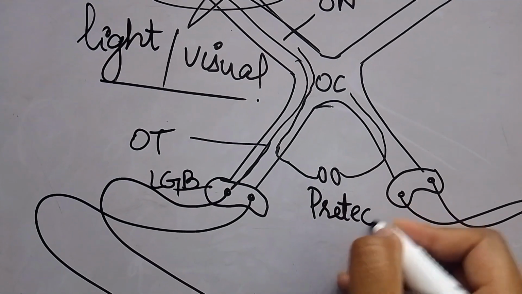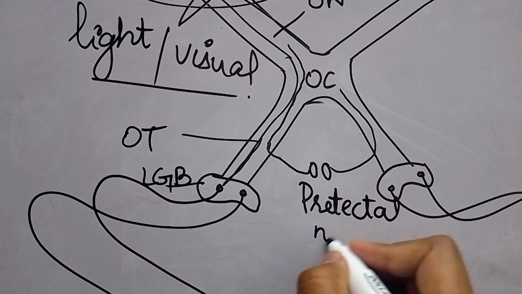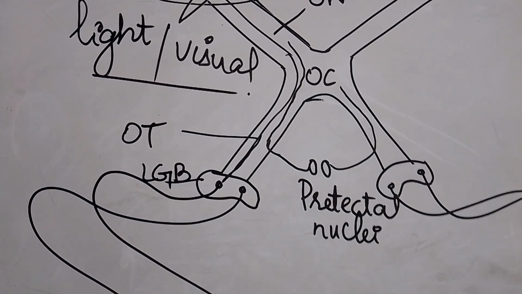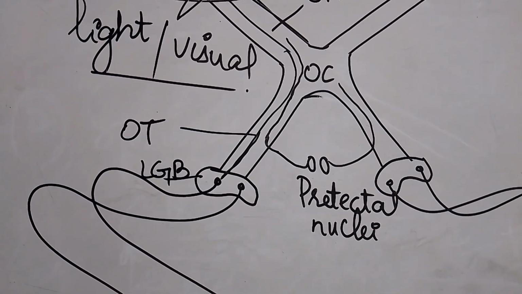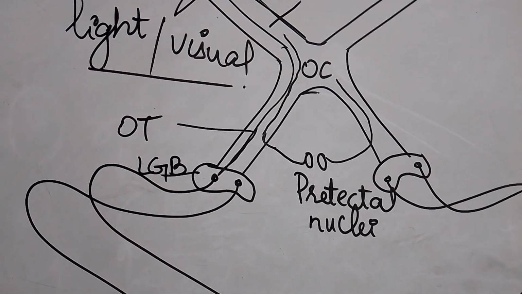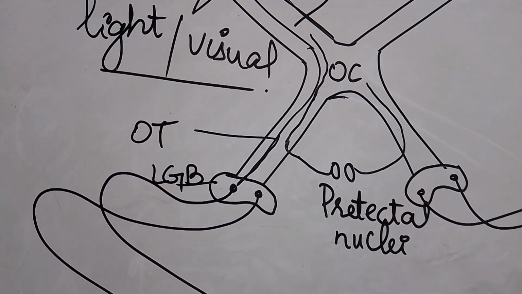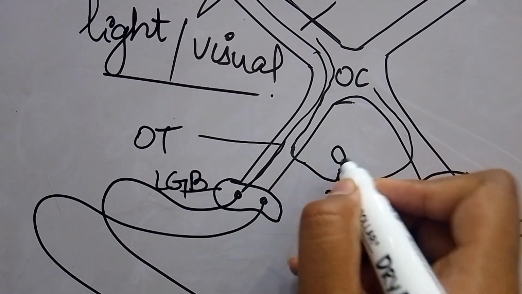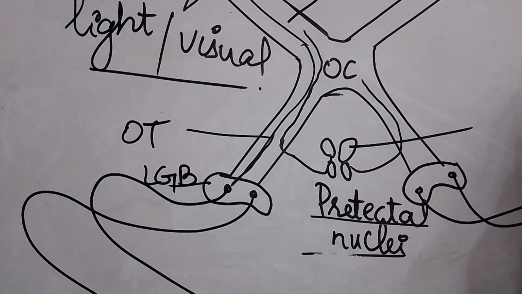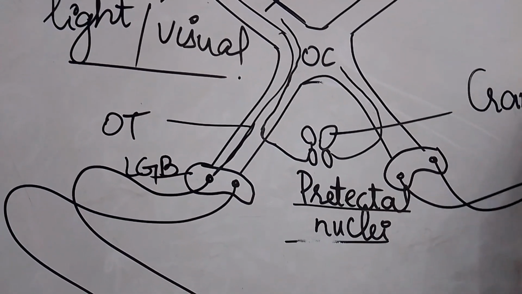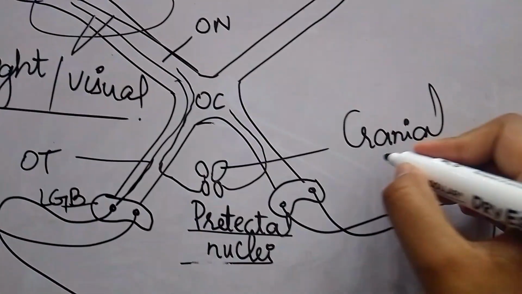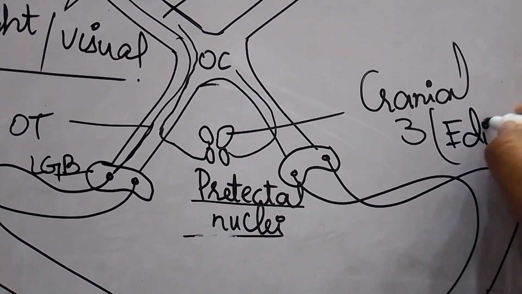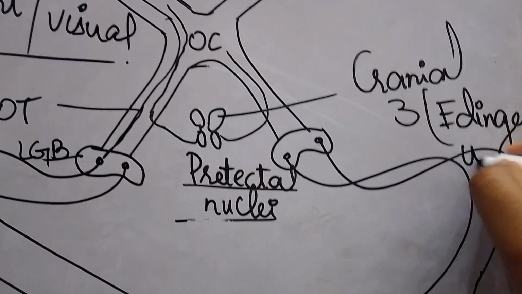From the pretectal nuclei the motor response is started, and they send the motor information to the Edinger-Westphal nucleus, which is in cranial nerve 3. So cranial nerve 3 has the Edinger-Westphal nucleus,